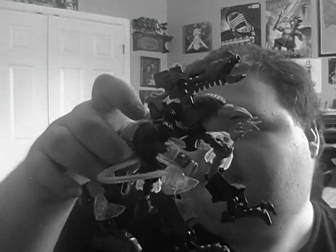In fact, I don't see this non-canonical creature being in any form of Hero Factory or Bionicle or Bionicle G2, whatever it may be. It would not work. That's why it's labeled as non-canon, these beasts. To where with this, I could see turning this, and I already did before, I'll have to do that again. I can see turning this into an Order of Mata Nui member, but, you know,